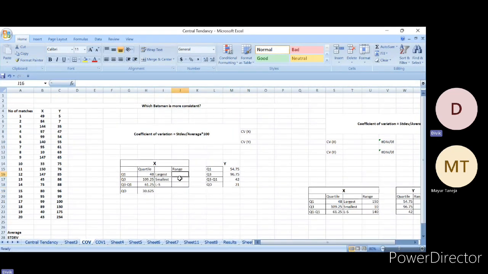Then coming to the range part, range stands for the largest value minus the smallest value. For calculating the range, we can find the maximum value from this series, that is MAX from the series X, close the bracket. This gives us the value as 150. As we can see, 150 is the maximum value available. Then to find the minimum value, write MIN, select and give this range, close the bracket and enter. 10 is the lowermost value. So you can take the largest value minus